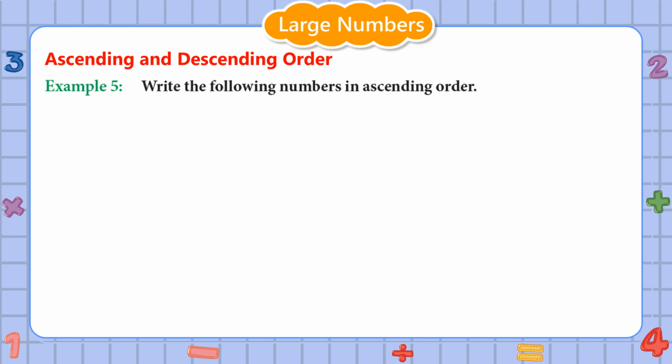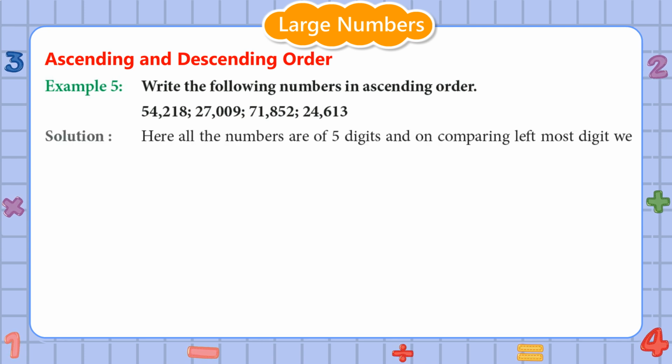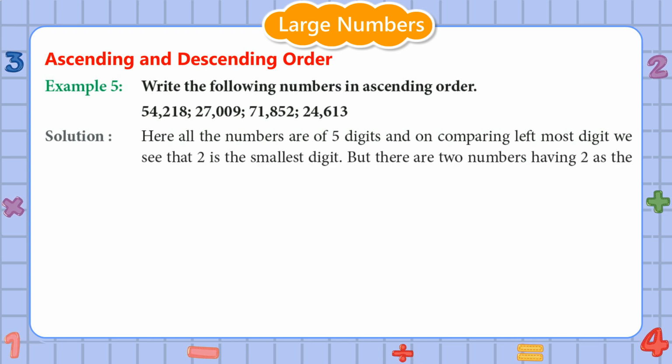Example 5. Write the following numbers in ascending order: 54,218, 27,009, 71,852, 24,613. Solution. Here, all the numbers are of 5 digits, and on comparing leftmost digit, we see that 2 is